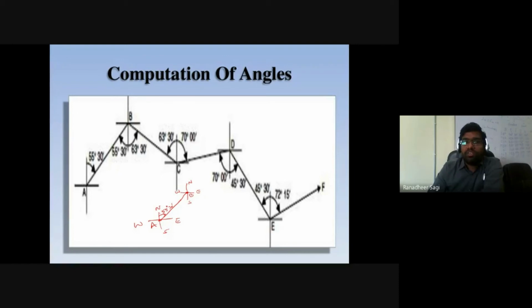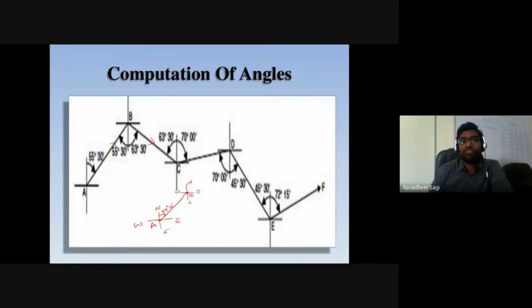One is the survey line coming from A towards B, the other is the survey line going from B towards C. So B to C is the forward direction of my traverse, whereas A to B is the reverse direction of my traverse. In the sense that, with respect to station B, if I am looking at my line AB, it's the backward direction I am looking at.